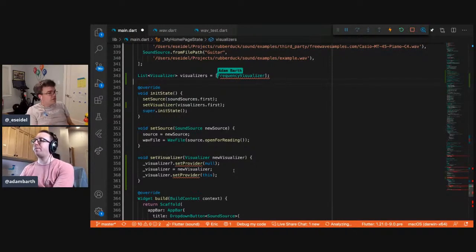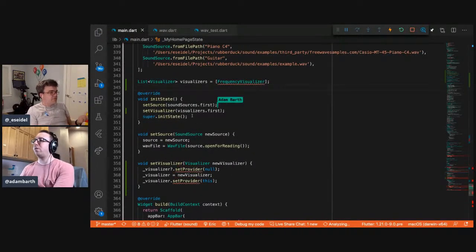Like this would be a, what type is it? Is that a constructor type? It should be a type from that. Blowing my mind. Also known as Visualizer Factory.